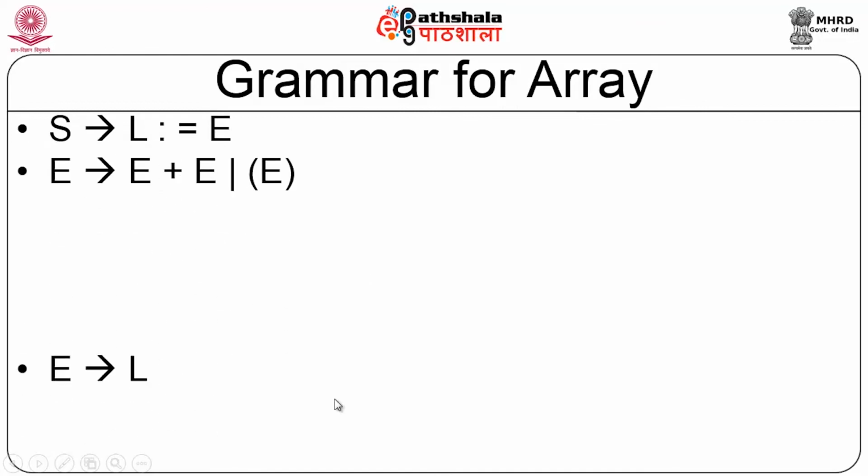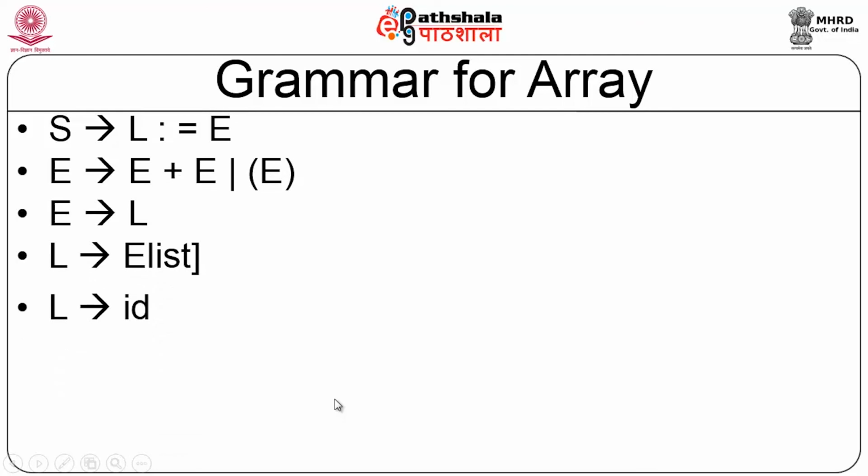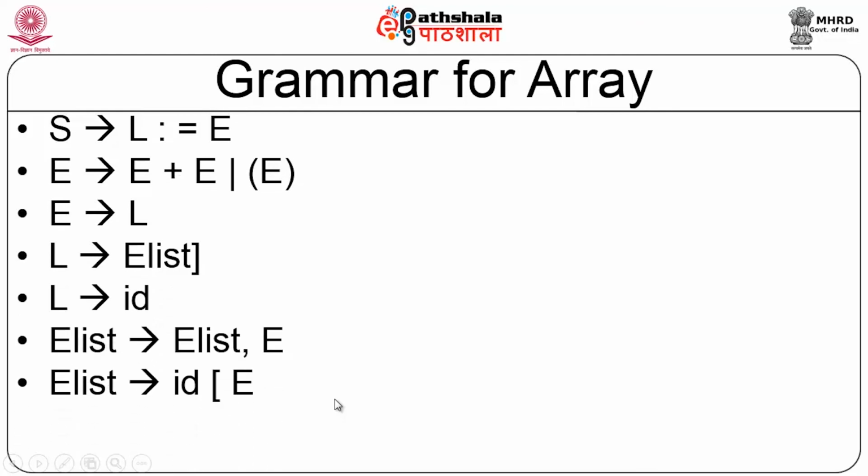So this is the grammar corresponding to arrays, and this is a Pascal grammar for arrays. In Pascal, the array is defined with subscripts, and then I am going to have A comma B comma C indicating how many dimensions are going to be available. So therefore, this is the grammar corresponding to arrays. We will anyway look at this grammar and the corresponding semantic rules in the next module. So this is how the grammar is done.